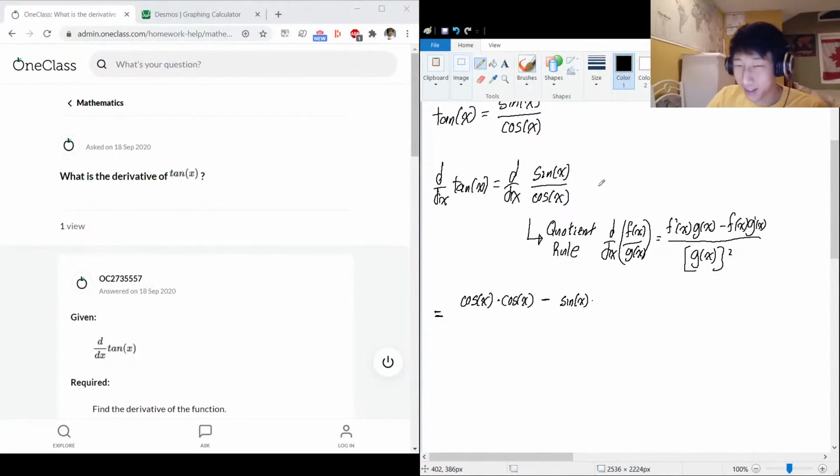Don't forget that negative. Since we're going to multiply negative sine x on this, we can just make that a positive. So plus sine x over the bottom squared. So that's cos of x